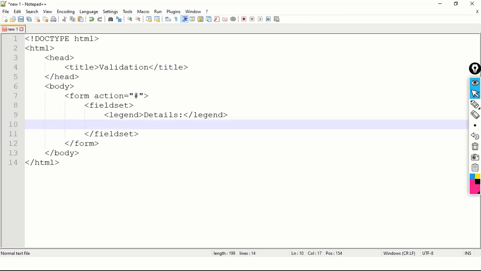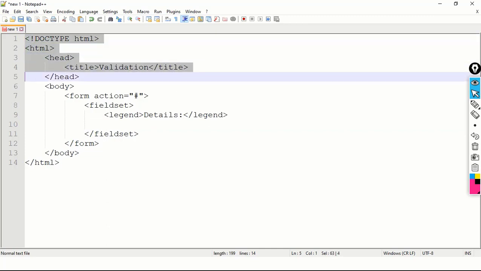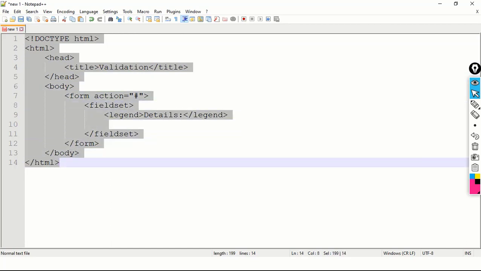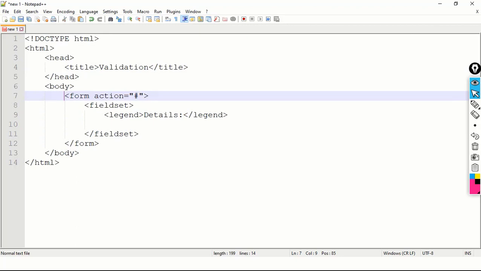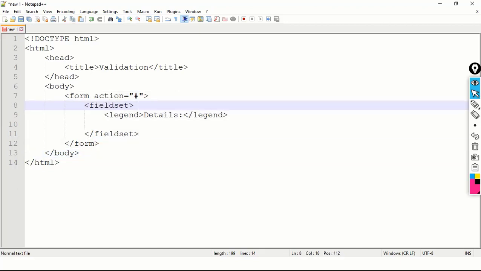So this is the basic format of an HTML document. Here we have doctype HTML, then we have HTML, then head section, then we have body section, then closing HTML. In the body section we have a form element, okay, to create a form. In the form we have a fieldset to group input control elements into one section.